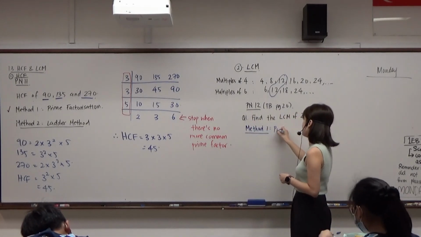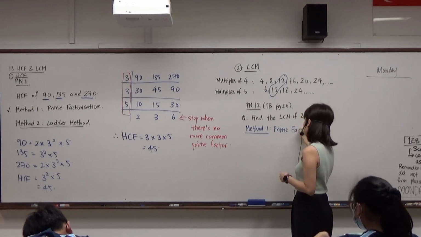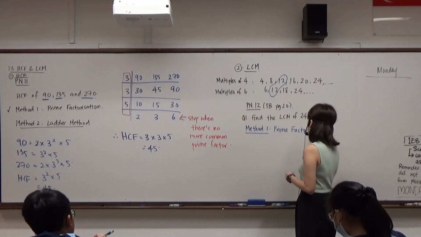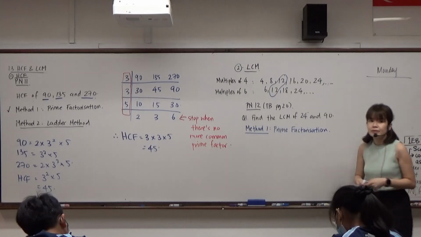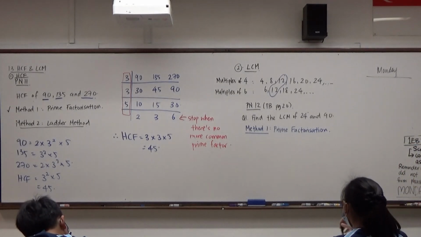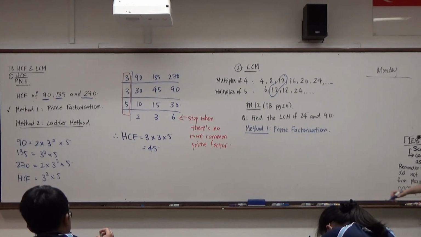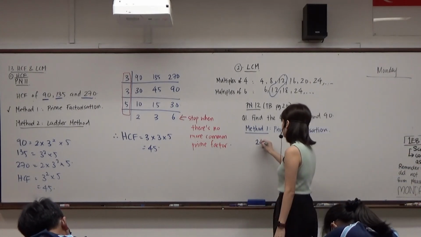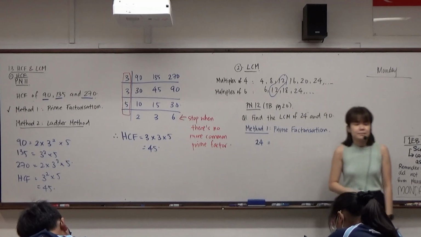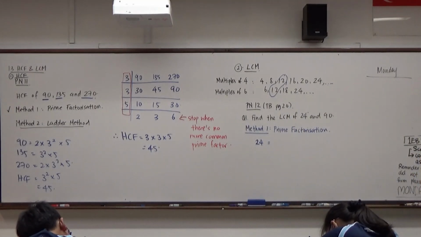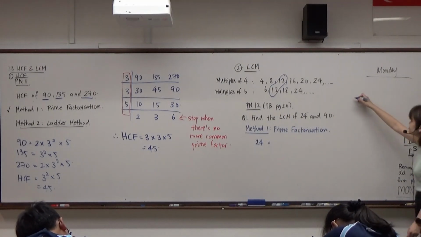Method 1 is prime factorization, where we express each number into its prime factors in index form. Okay. So looking at the number 24,